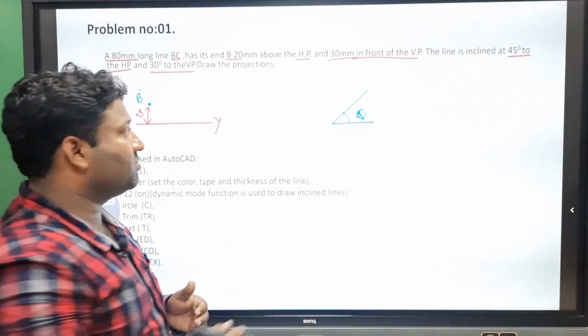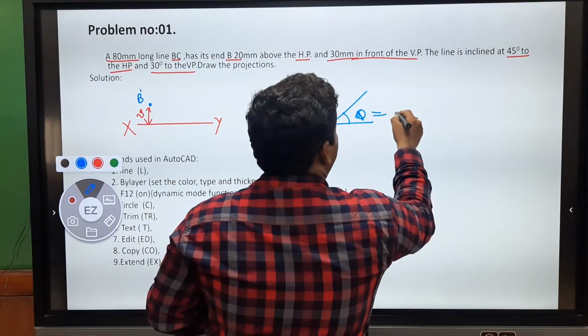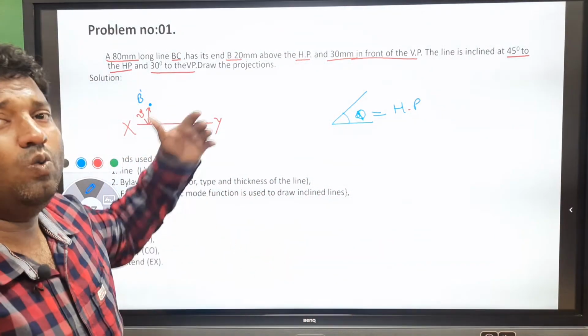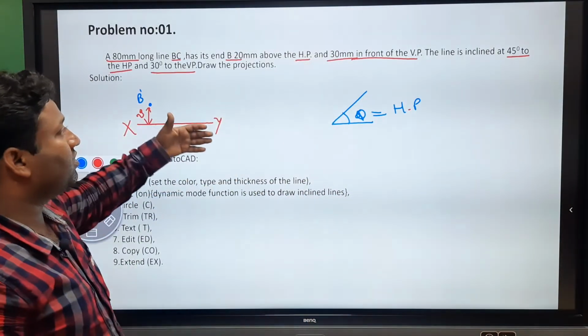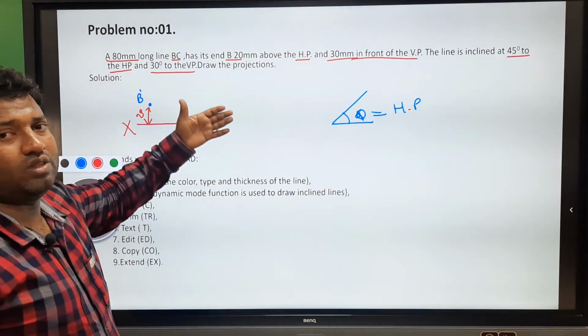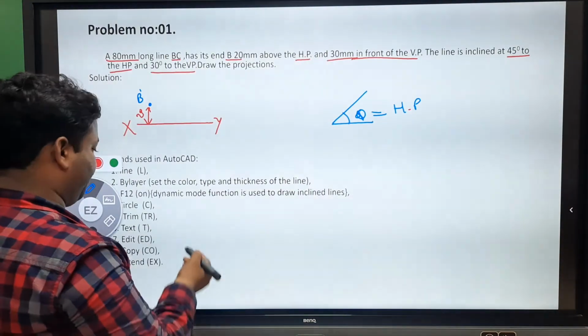The inclination is given to the horizontal plane, but it appears on the vertical plane. Because of that, whatever theta is given to the HP, we will draw in the front view only.